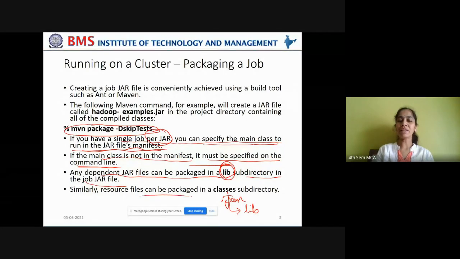Similarly, any resource files can be packaged in a classes subdirectory. So if you have any resource files in which the configuration properties are added, those can be added under another subdirectory with the name classes. So the Java archive file now will have two subdirectories: lib, which contains the dependent jar files, and classes, which contains the resource files.